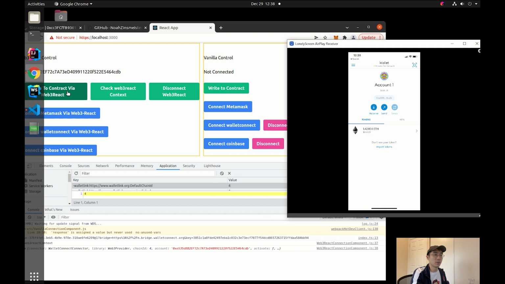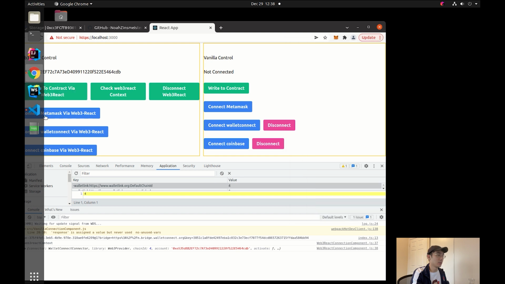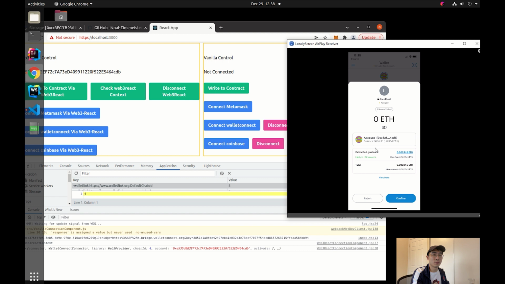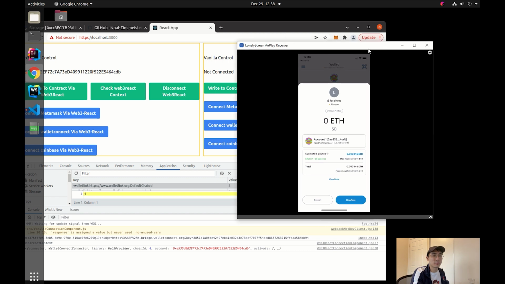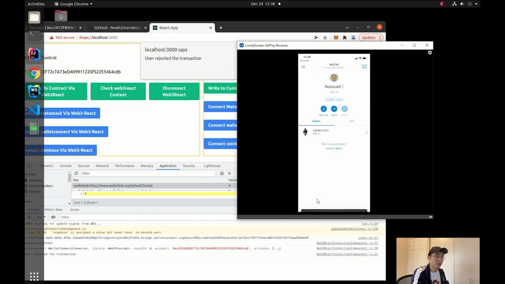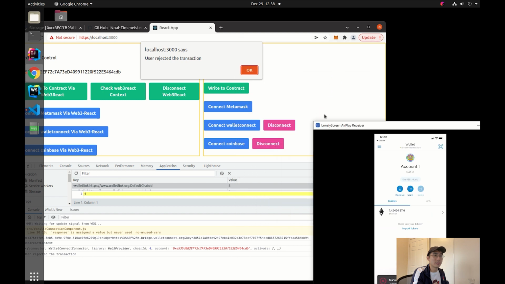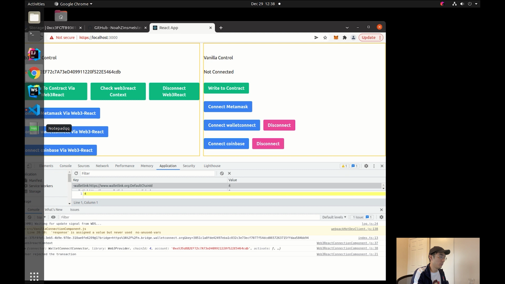So right now, if I click the write to contract button over here, you can see on my phone it pops up this window, and I can reject it or confirm it. If I reject it and click here, I will know right away. It has been rejected. It's gonna throw an error, and we can handle it like whatever we want. And if we do it again,